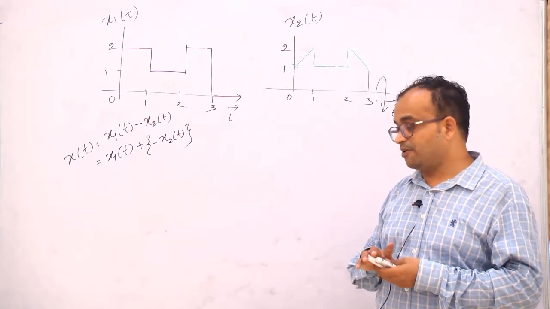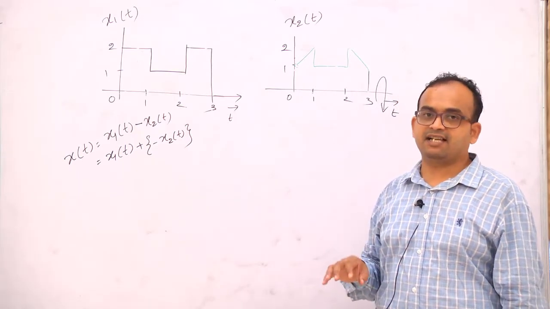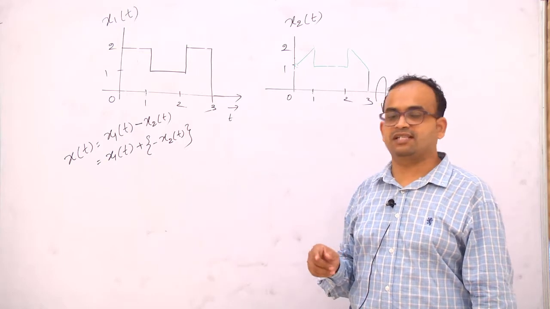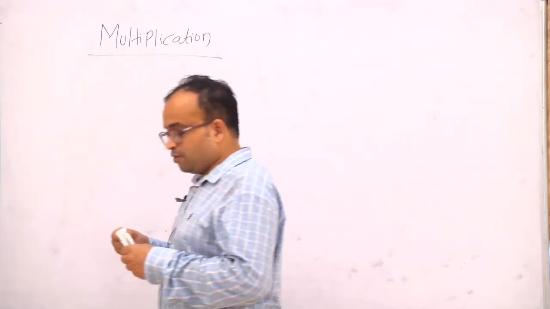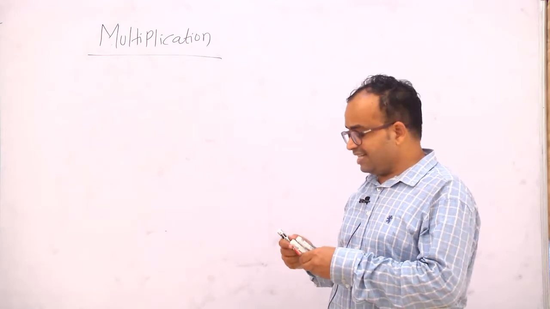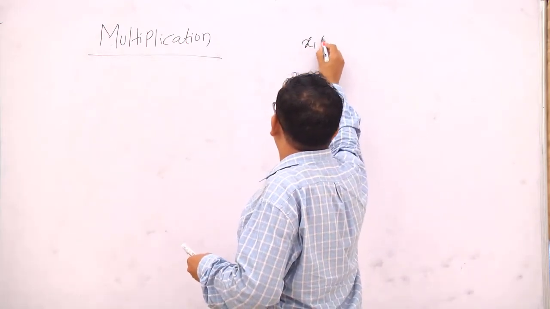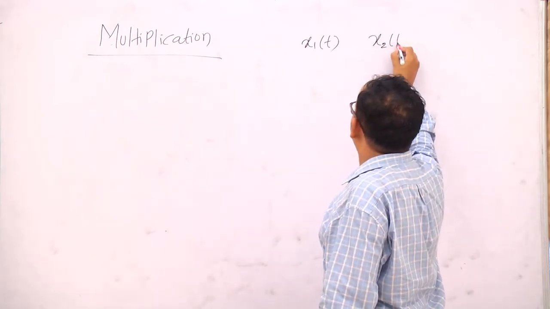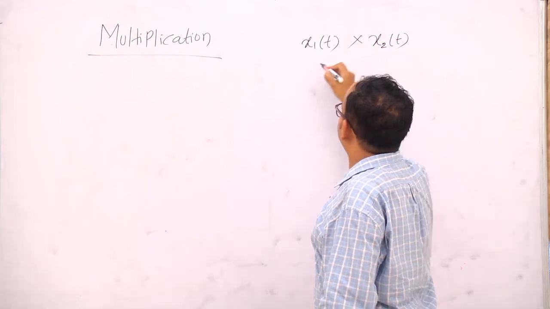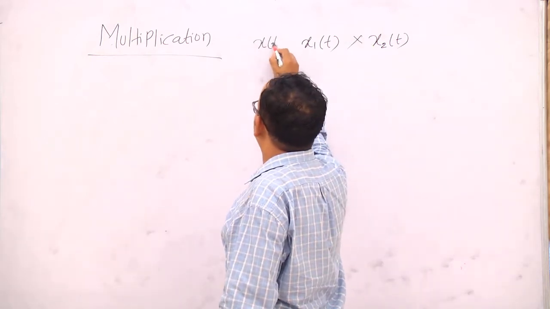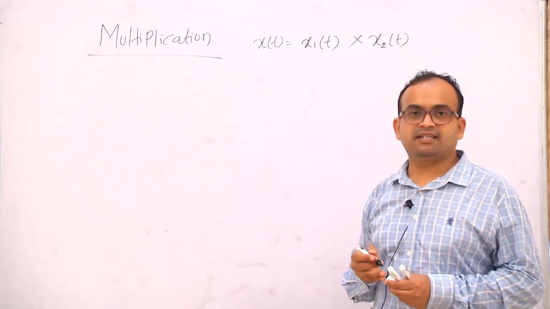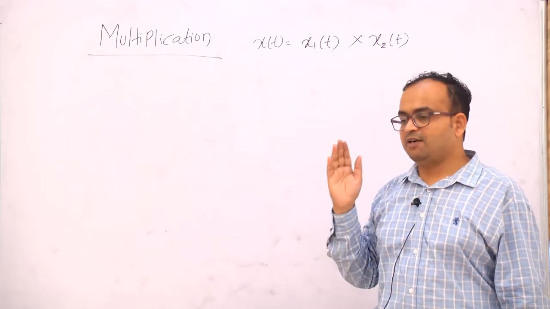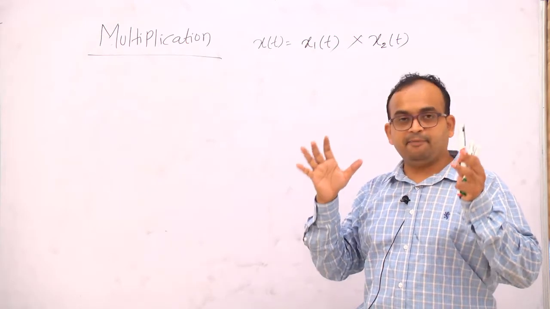Next we will go for the multiplication operation of signals. How to multiply the signal? This is a very easy thing. Let us see the multiplication of two signals. Taking x1(t) as one signal and x2(t) as another signal, I have to multiply x1(t) into x2(t) to get x(t). This is a very important operation, because if we want to convert a both-sided signal to a single-sided signal,